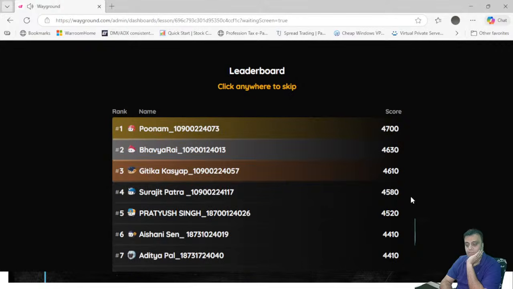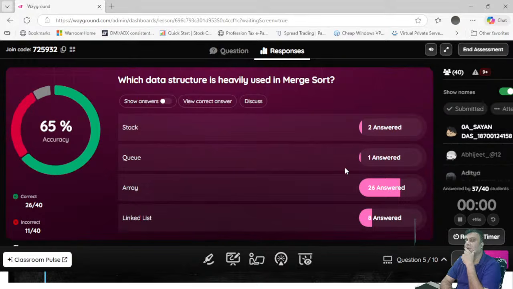Yeah, now here you'll have to be careful. Gitika Kashyap, good, you have come up in the top 3. In an array, is it easy to divide the array by half, or is it easy to divide a linked list by half? Linked list, how do you know the half of the linked list? You can't. You have to traverse the entire linked list to know the total number of elements to know the half. So for a linked list, you don't know the half. Array, you can easily know it because you have the upper bound and lower bound. That's why array is the right answer. So in merge sort, because you have to halve it, you can use a linked list, but it will be time consuming to go through the entire linked list to know where you have to divide it.